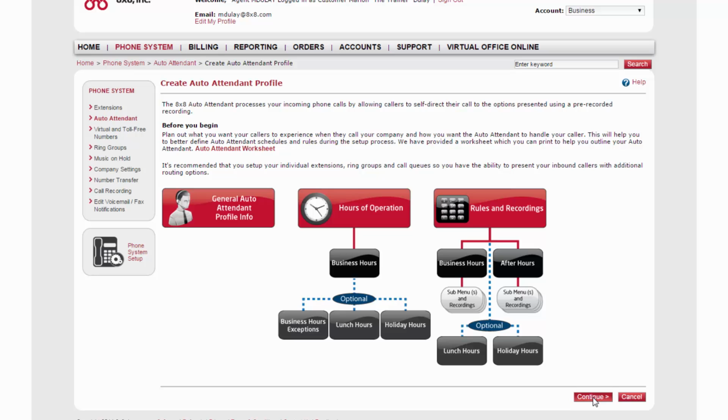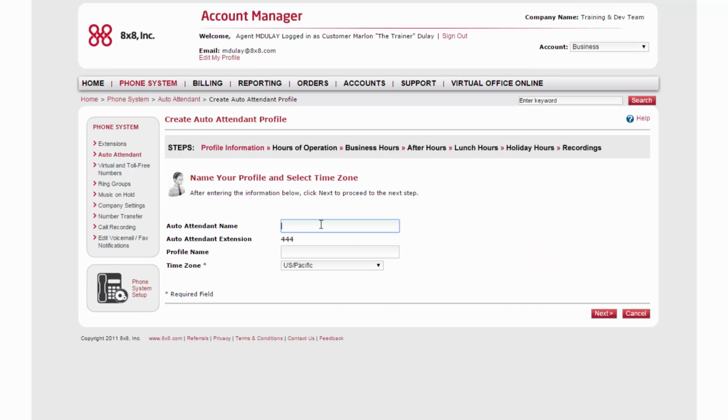After continuing on from the Auto Attendant overview, you will be asked to name your auto attendant and profile. You can create multiple profiles for the auto attendant to quickly change between different sets of rules. The auto attendant name and profile name only appear to you, so name them in a way that helps remind you of their function. When you're ready to continue, click Next to go on and define your business hours of